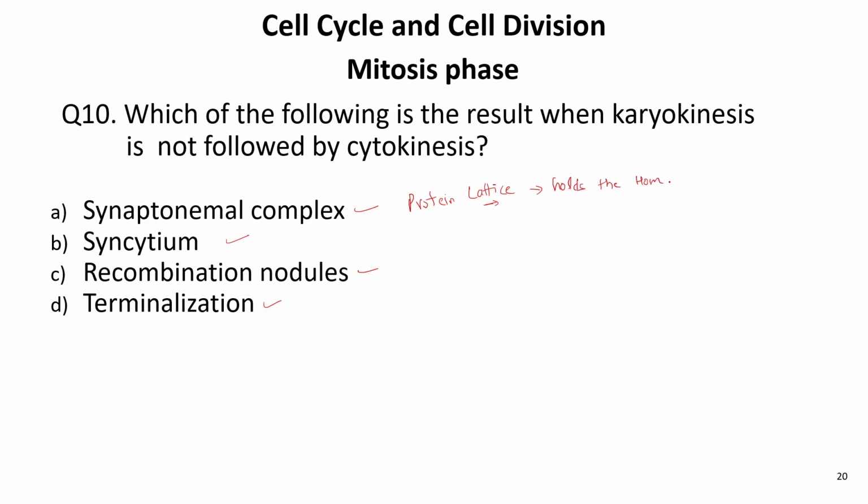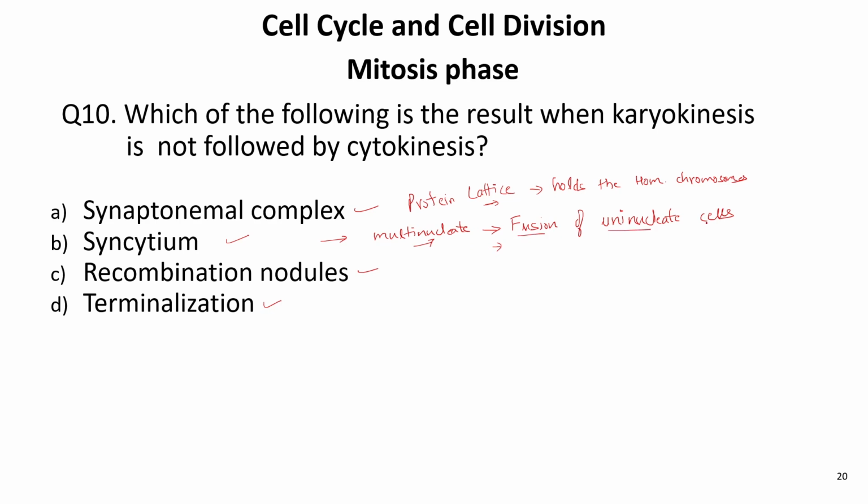Holds the two homologous chromosomes together. Now, syncytium, what is syncytium? Syncytium is a multinucleate structure, which is usually formed by the fusion of unicellular or uninucleate cells, forming a multinucleate structure. Sometimes they are also formed by nuclear division, but usually syncytium is formed by the fusion of